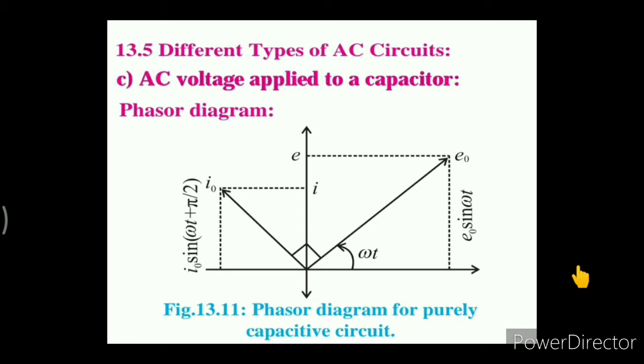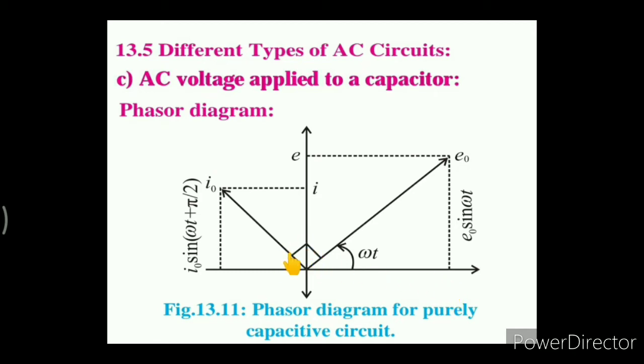As the phasor representing peak EMF makes an angle omega t in anti-clockwise direction with respect to the horizontal axis, the length of the arrow here indicates the maximum value of the EMF, E0. This peak value of the EMF makes an angle omega t in anti-clockwise direction with respect to the horizontal axis, which is the x-axis there. As we had discussed, the current leads the voltage by 90 degree.